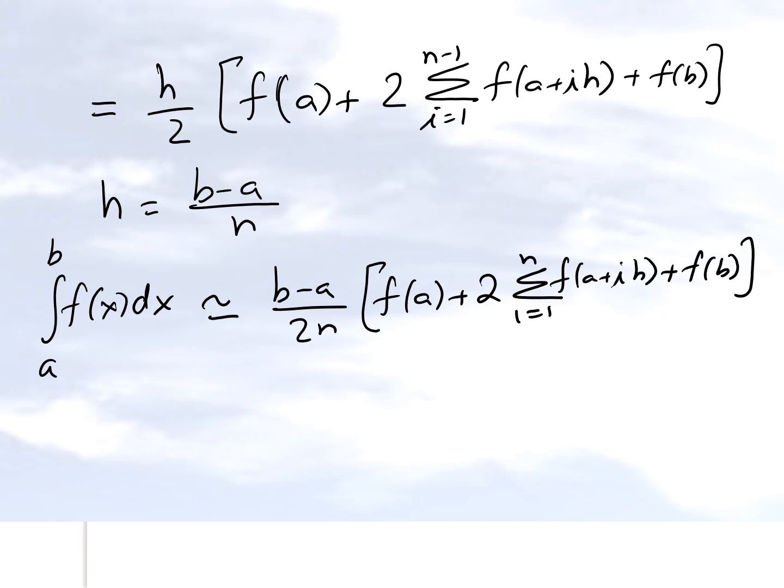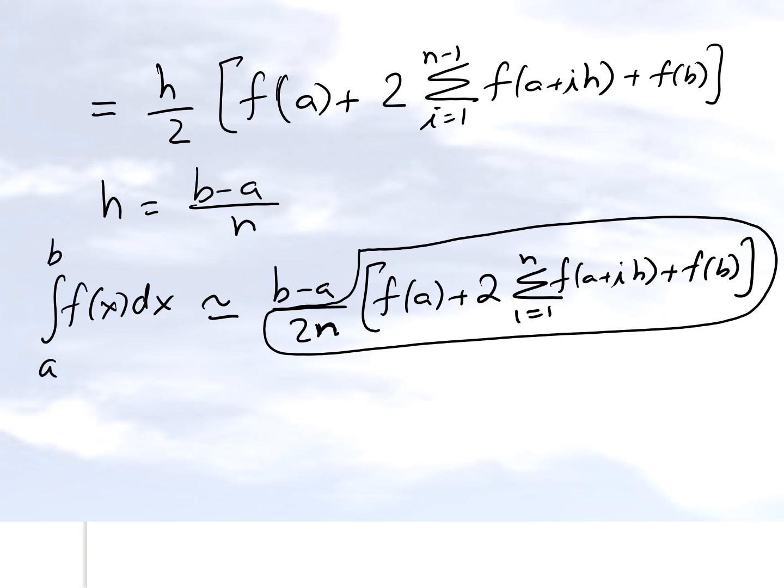So what you're finding out here is that this is the composite trapezoidal rule formula, and it all goes back again to the average values. Look at this. This part right here is the average value of the function between a and b. Some average, not the exact, but some average value of the function, because you can see that this function is calculated at one point. This function, this n minus 1, is calculated at n minus 1 points, right? It's calculated at n minus 1 points, but it's counted twice. And this is calculated at 1 point.